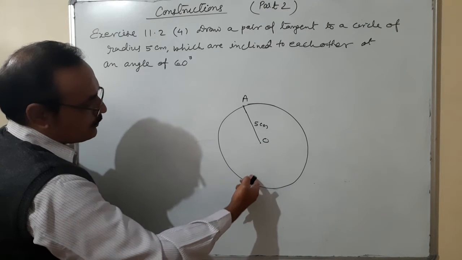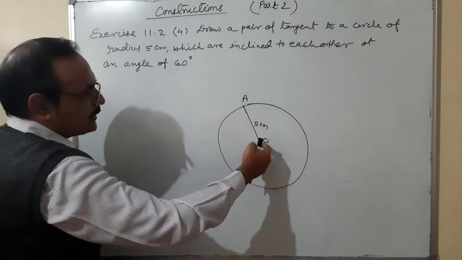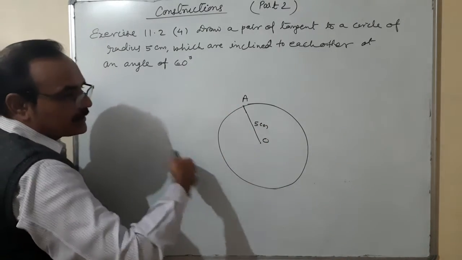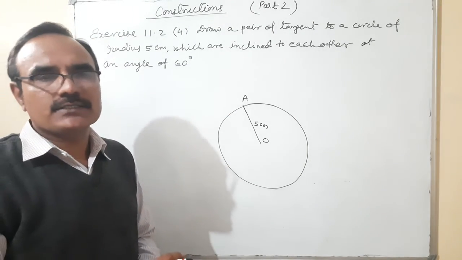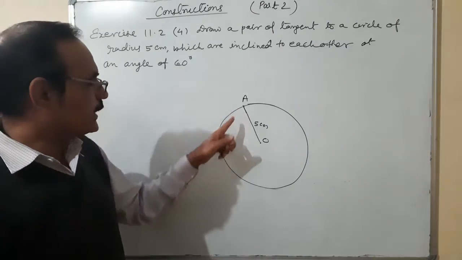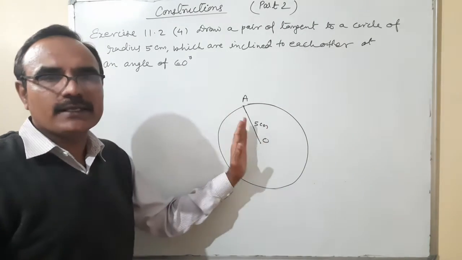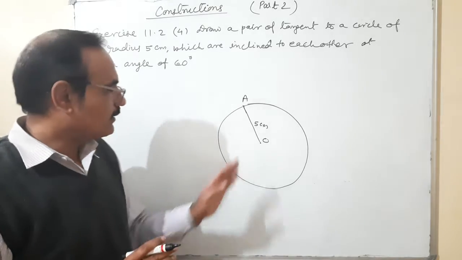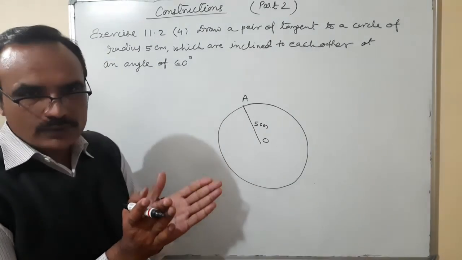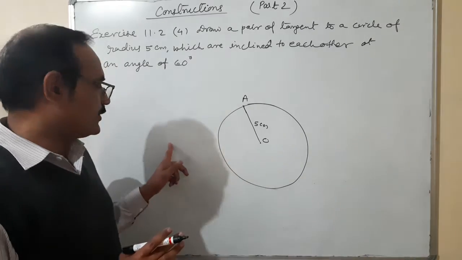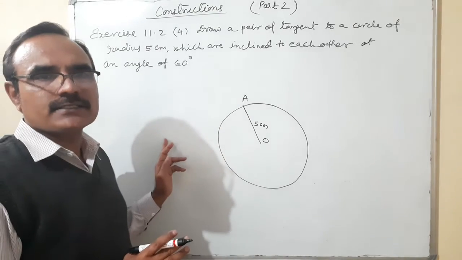Second tangent we are going to draw from here which makes an angle of 90 degree. So actually in outline this will become a quadrilateral, and in a quadrilateral we know that the sum of four angles of a quadrilateral is 360 degree. If two angles are fixed, 90 and 90, then the sum of these two supplementary angles is equal to 180 degree. Because we want to make the angle at which both the tangents are intersecting as 60 degree, we don't know where they are intersecting, but this angle will be formed as 60 degree.